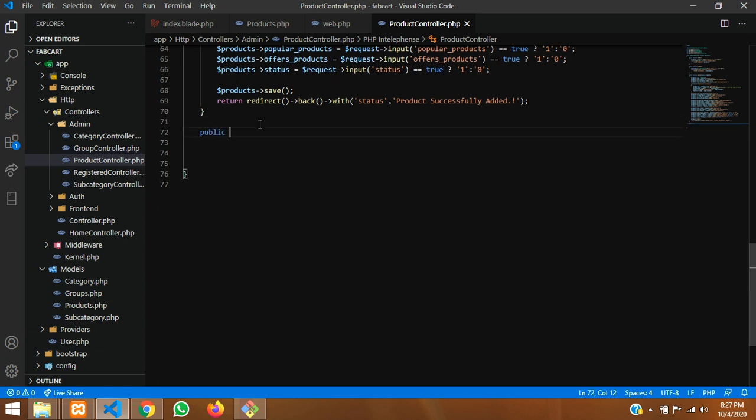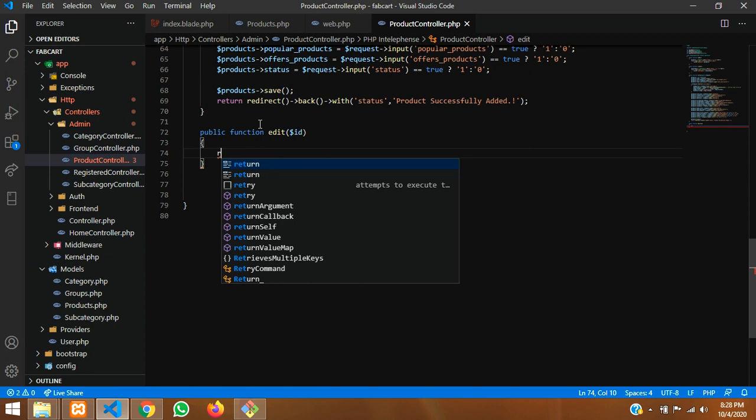So let's type public function edit, where we are passing an ID through the URL. So we will take that ID through the route, and now we will fetch the data or return a view. First we will return all the details of products.